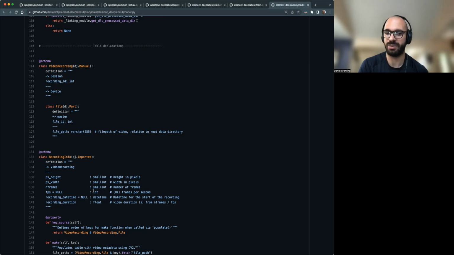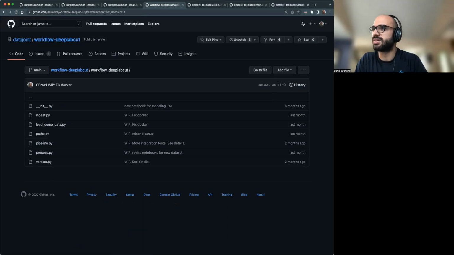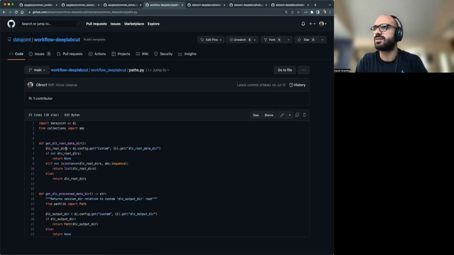Would that happen regardless just by activating it in the same place every time? It might not be a great question, but if you change this get DLC root data dir to be just a single hard-coded string of the mounted drive, whatever,